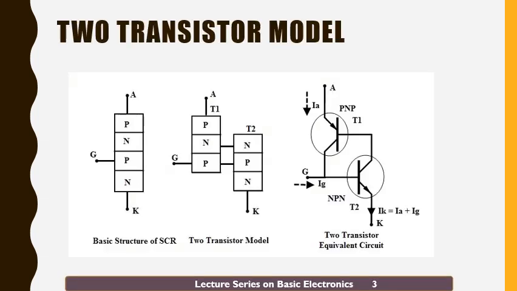So this is a two transistor model. Two transistor model is simple, nothing to worry. Here we know that this is a junction diagram or a construction diagram where we have P, N, P and then N. Okay. So what you need to do is you need to split these junctions. So split in such a way that these three will form one PNP junction and these three will form one more NPN junction. Getting it? So PNP transistor and NPN transistor.